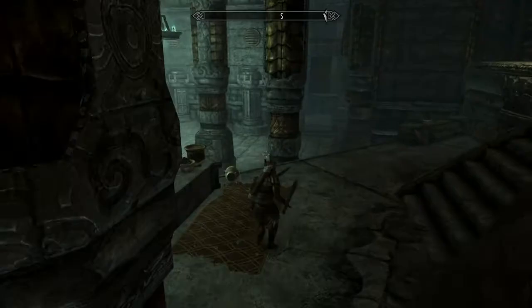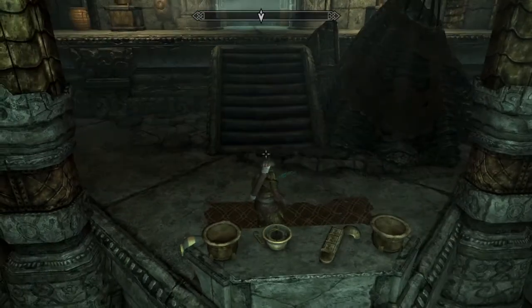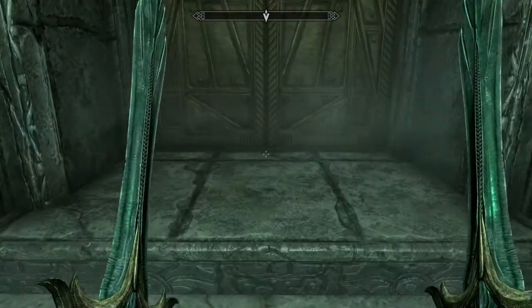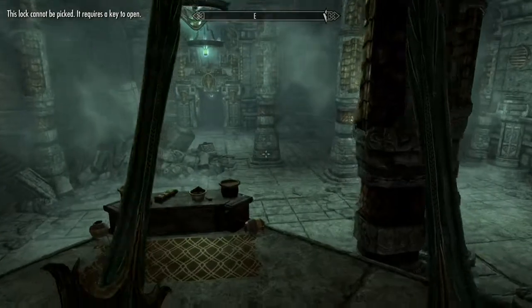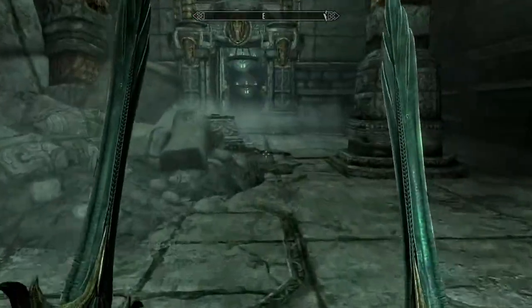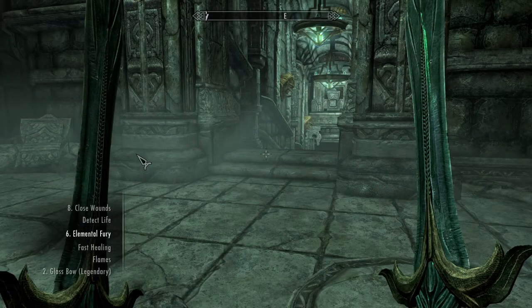We're just out here. Look at this. Terrible. What do you mean? I've got the key. Oh, no, I don't. No, I don't. Door key's down here. If I remember right, that's not...